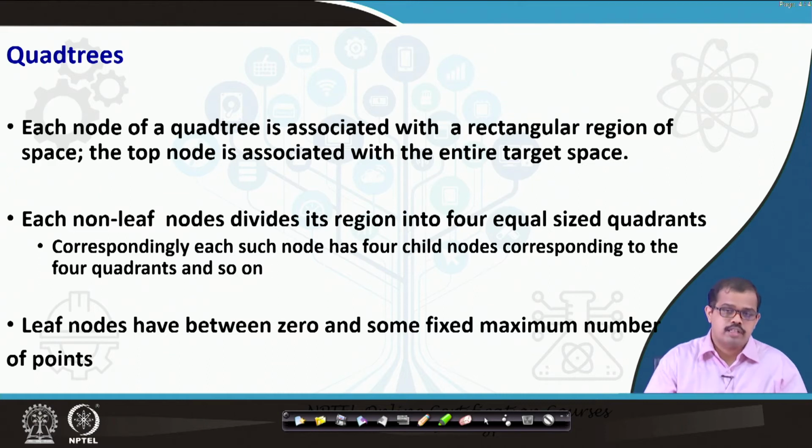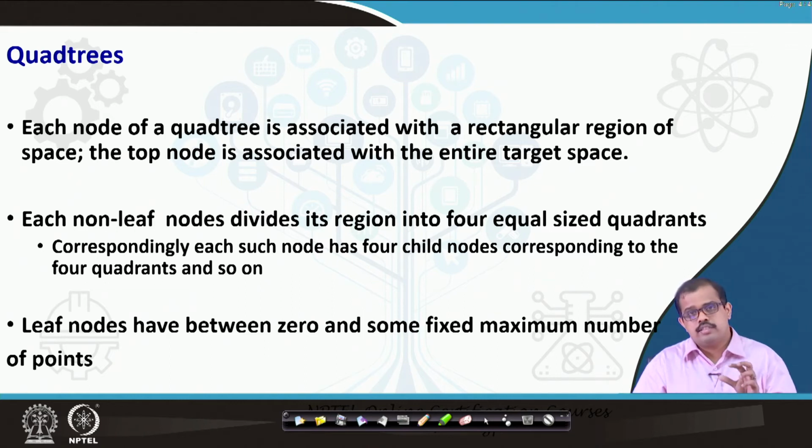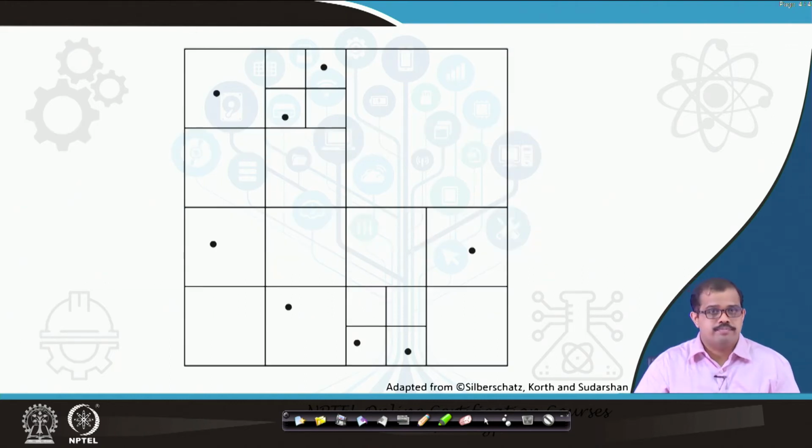Once you have four child nodes, it will look at whether that is a quadrant. If that is a quadrant, then again it divides into four child nodes, until it reaches a quadrant where the search operation halts. Leaf nodes have between 0 and some fixed number of points. So when your non-leaf node reaches 0 expanding child nodes, the search will come down to that particular value.